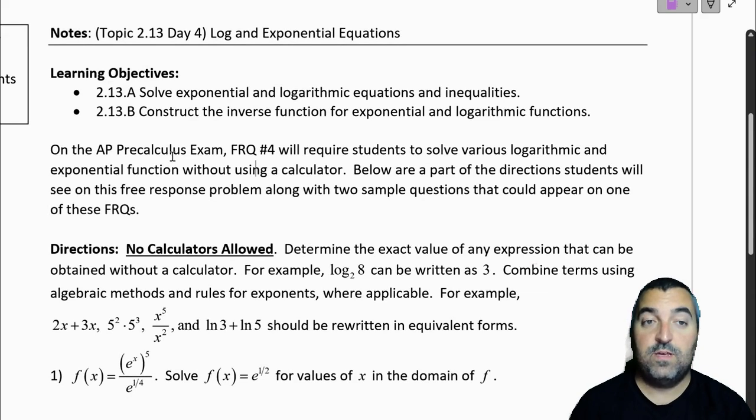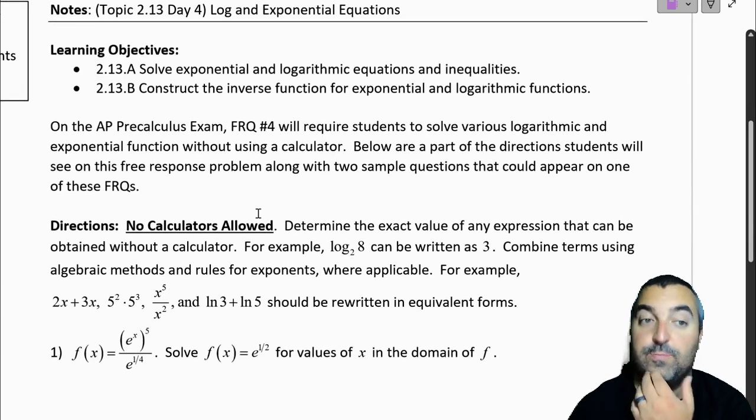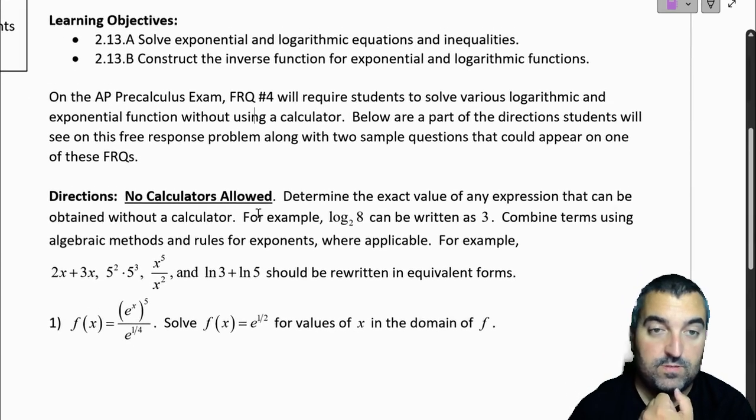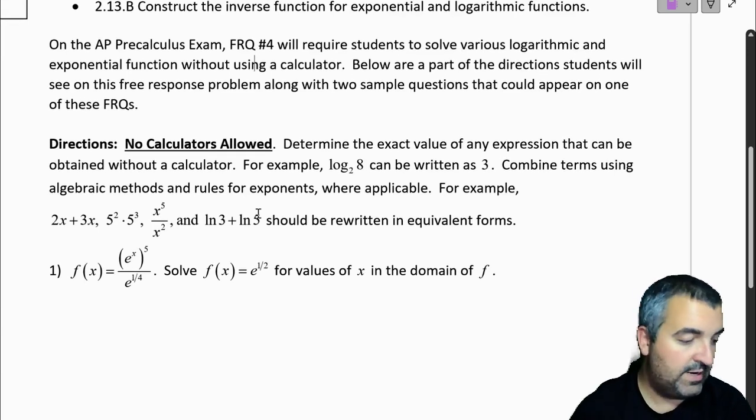So on the AP Pre-Calc exam, the free response question number 4 will always require students to solve various log and exponential functions without a calculator. So below are a part of the directions students will see on the free response problem, along with 2 sample questions that could appear on one of those FRQs. So straight